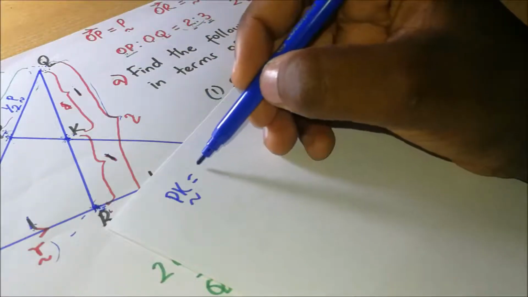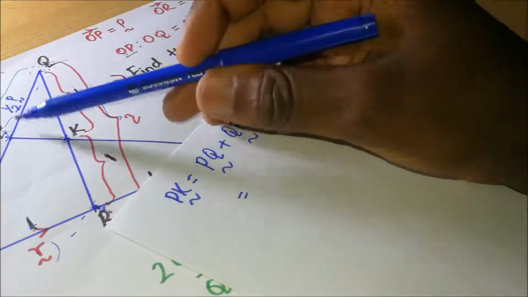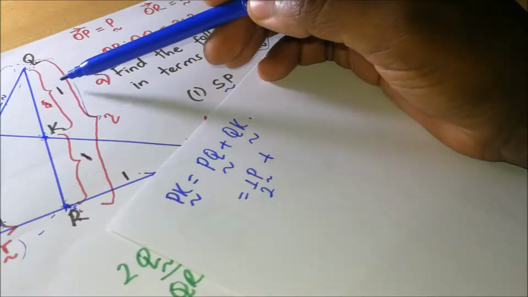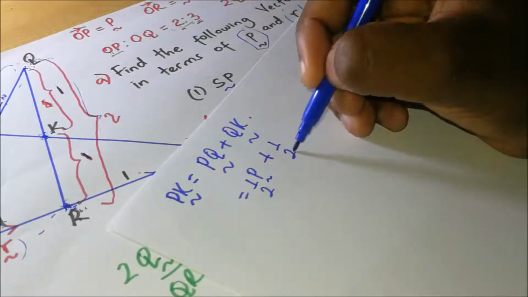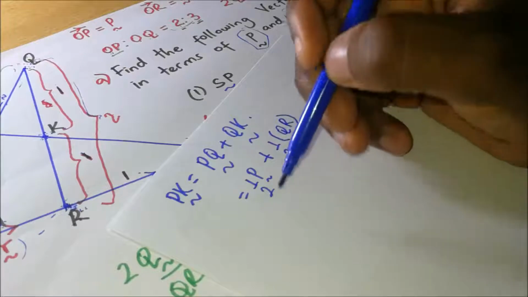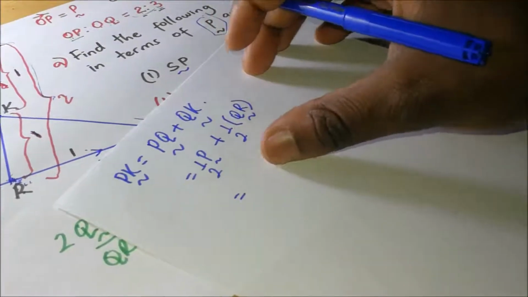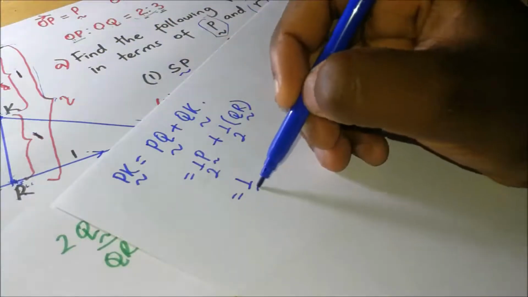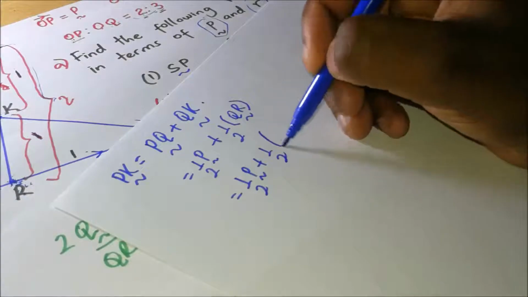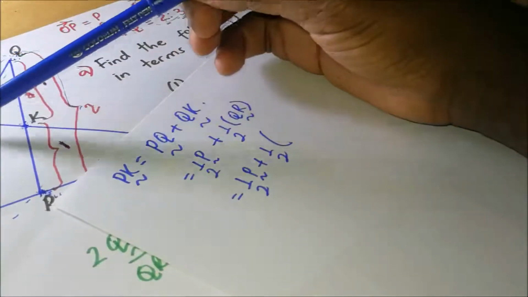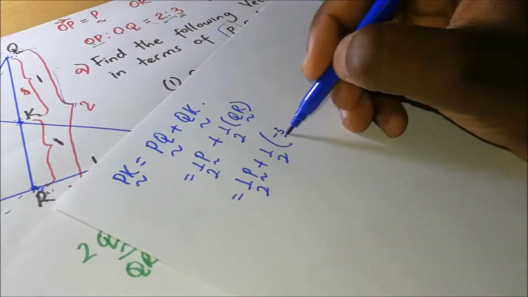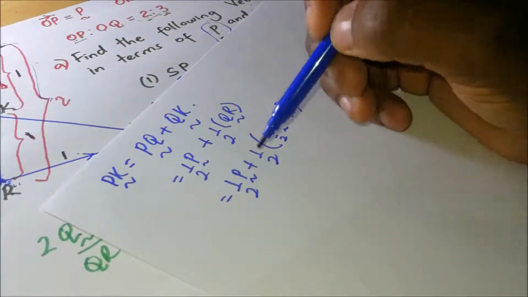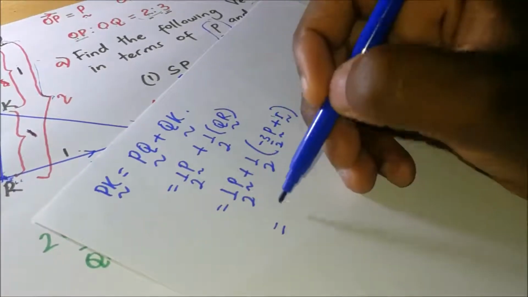So that's going to become PQ. PQ is a half P plus QK. QK is a half of QR. So what is that going to amount to? What is QR? QR is QO plus OR. So this is going to become a half P plus a half into QR. QR is QO. Now QO is negative 3 over 2P. So it is negative 3 over 2P plus OR, which is R. And the rest is just adding. So it's a half P